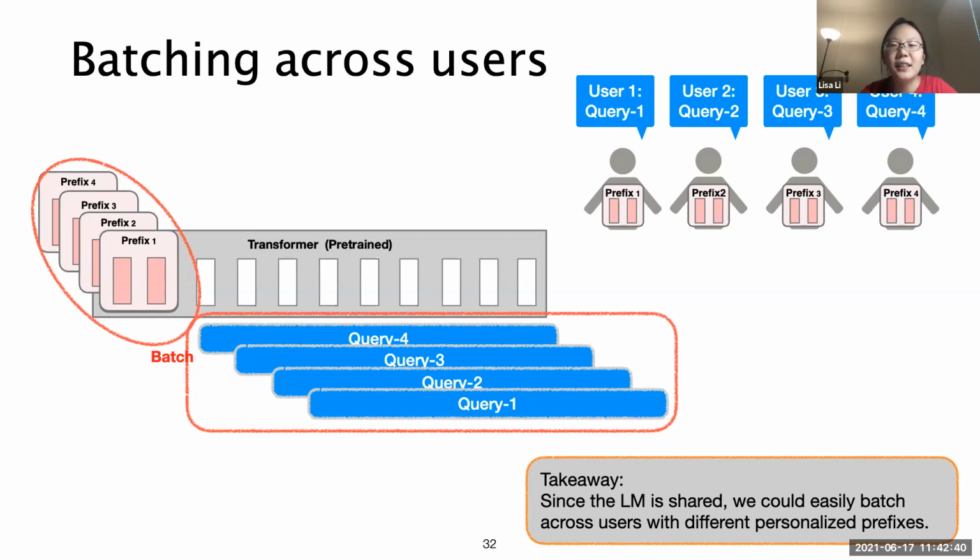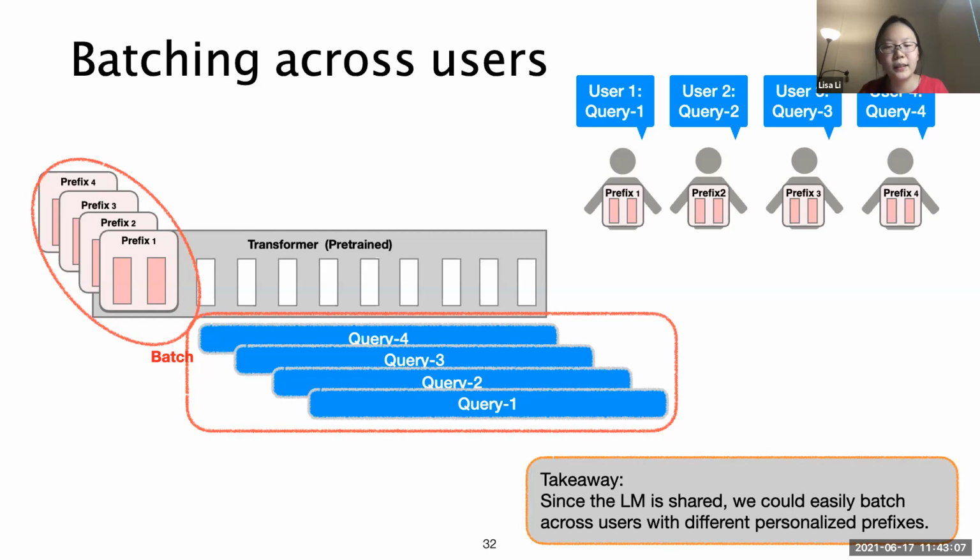In contrast, it is hard to batch across different users in other lightweight fine-tuning methods. For example, in adapter tuning, we need to distribute the queries when we are between two layers of the language model and pass them to different adapter modules depending on the users, which requires more engineering effort and can be very slow. So the takeaway here is that since the language model is shared, we could batch across users with